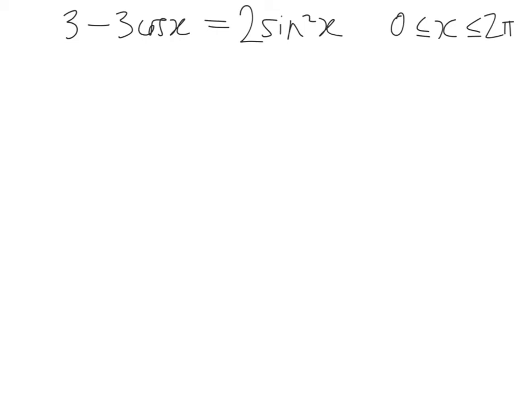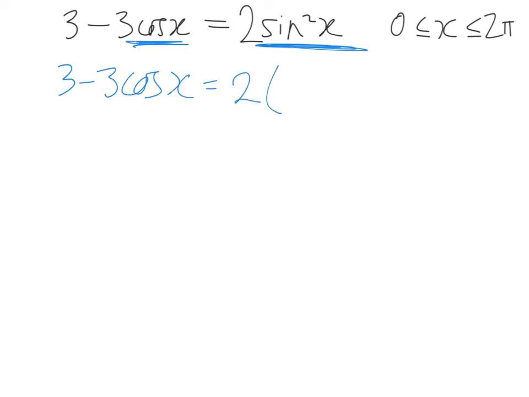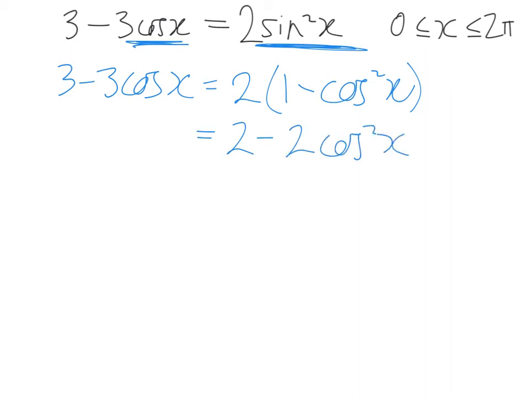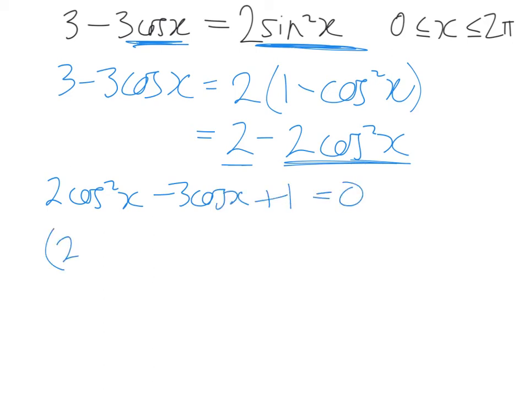In this example, we're going to need to use one of our trig identities again. So because we've got cos x and then we've got sine squared x, we don't know how to turn this cos x into something to do with sine x, but we do know how to turn sine squared into something to do with cos squared. So we can rewrite this as 2, and then we'll rewrite the sine squared x as 1 minus cos squared x. So then that'll be 2 minus 2 cos squared x, and so we can add this to both sides and take this from both sides, and then we end up with 2 cos squared x minus 3 cos x plus 1 equals 0, and then this factorises